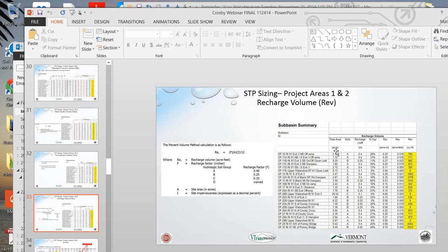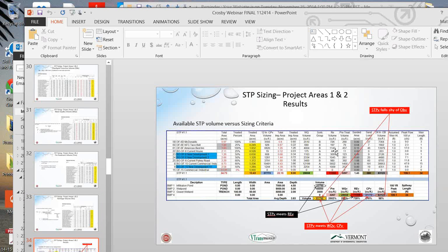Now, this isn't animated anymore, but it was before, so it's a little messy. But this basically summarizes how we looked at our results. Once we went through all these different calculations, we compiled everything into one table so we could compare the STP volume, the volume of our treatment practice, to the sizing criteria that we were evaluating and trying to target. So you can see here in the black, the STP volume meets the recharge volume,